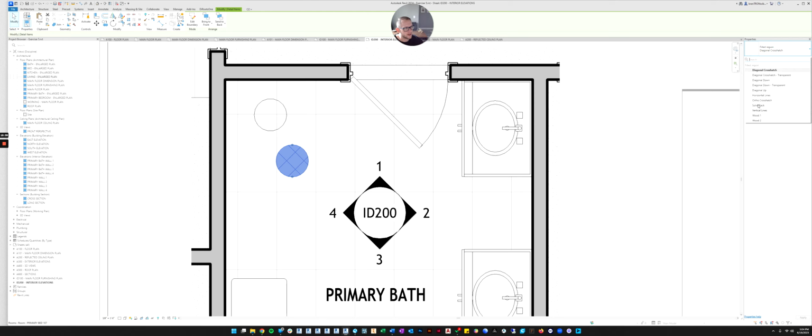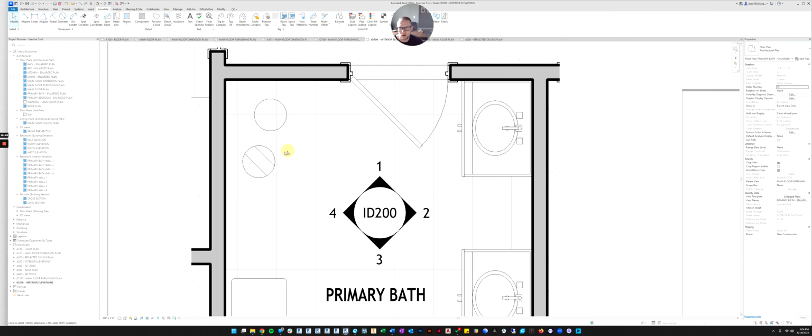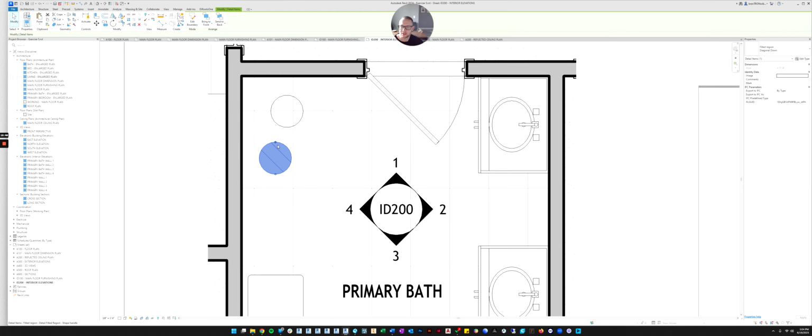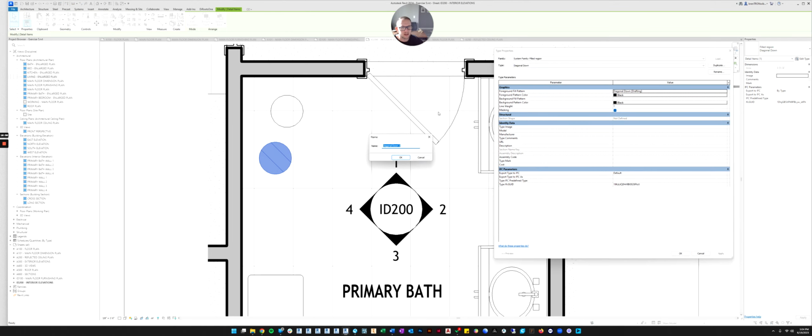And you can see there's different kinds of filled regions. Like we could do solid black, or I could change it to a diagonal crosshatch pattern if you wanted it to have a pattern. So a filled region is when you want to create something that has a pattern. So you can click through the patterns here. These filled region patterns are like any other family. You can also edit the type, and you could duplicate it, and we could make any sort of pattern. We could make it any color or pattern we want by editing it.